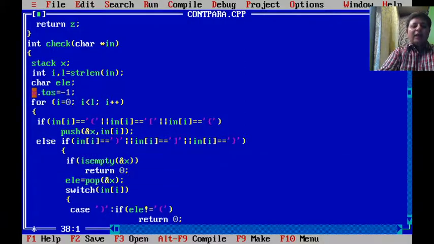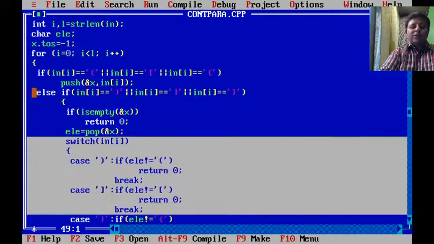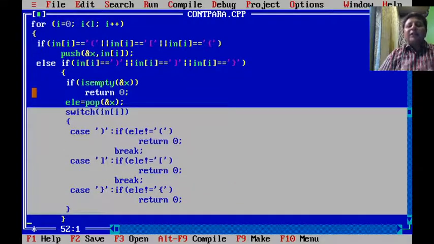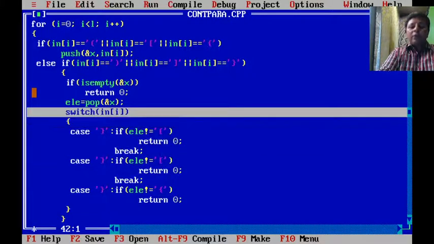I actually make it easy by putting in a switch case. Again, we are interested in what? We are interested in failure, because that is easy. If I get a single mismatch, I can say fail. Obviously, success I'll be able to say only at the end. So see what I'm doing. Case closing round bracket.